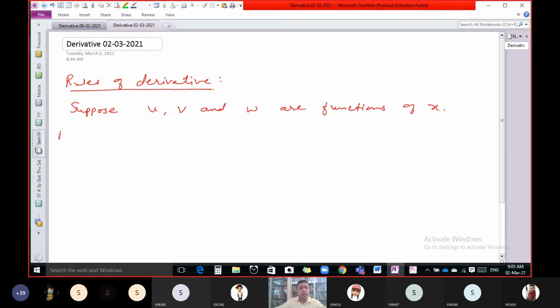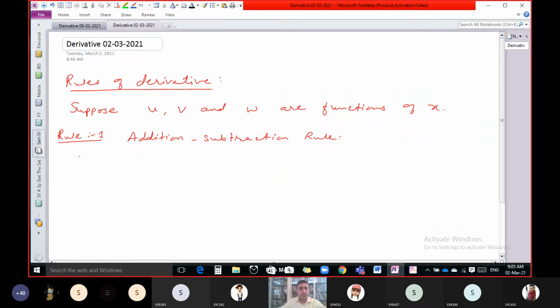Rule number 1, which is known as the addition subtraction rule. Addition subtraction rule. See here, we already know that u, v, w are not constants, they are functions